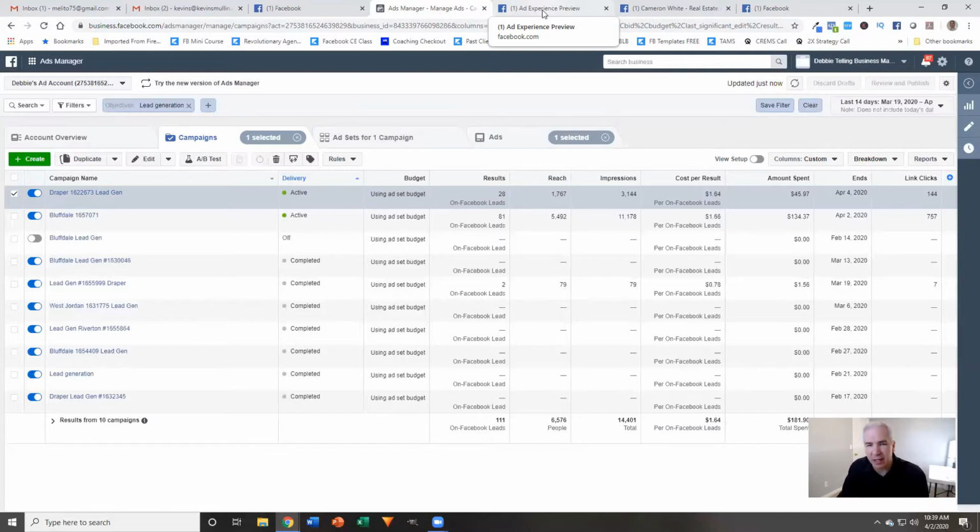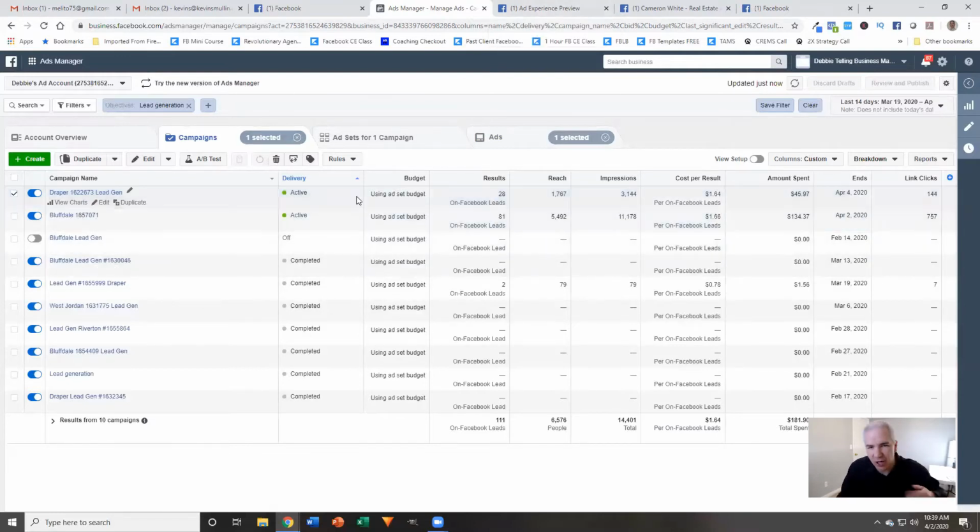Now, the first way that we can start improving the quality of the leads is by retargeting. So these ads are generating the lead, but then we can use retargeting. If you're unfamiliar with that term, it's where we run ads to people that have already taken some action, or they already know who you are. In this case, the action is they filled out a lead form. So we can retarget them with information that is relevant.